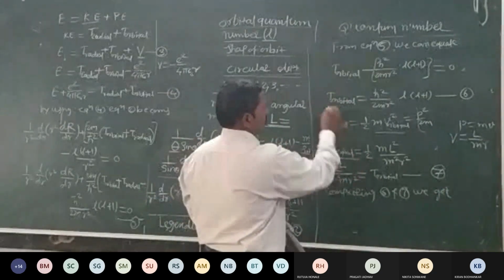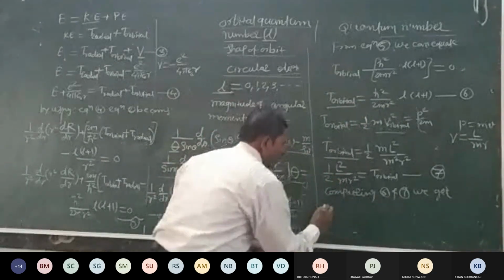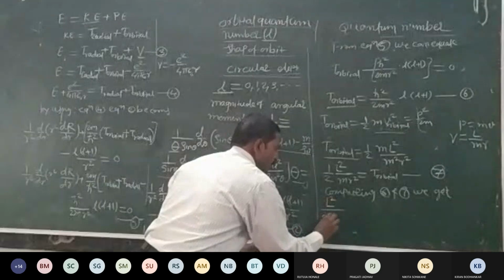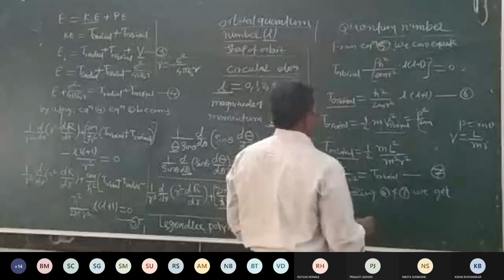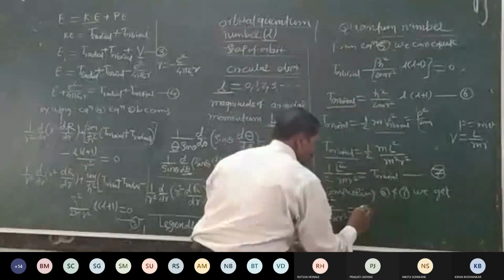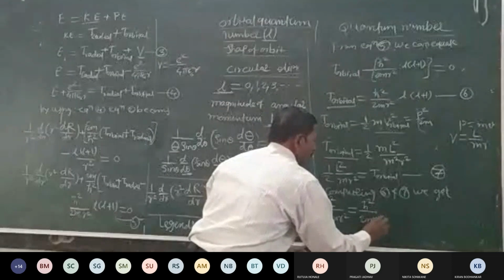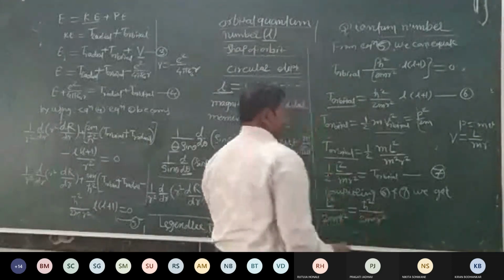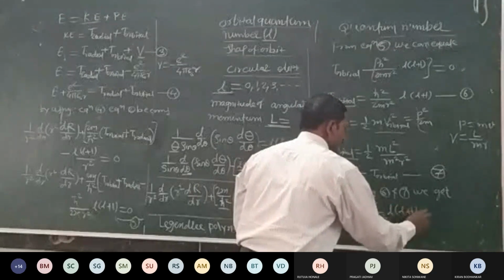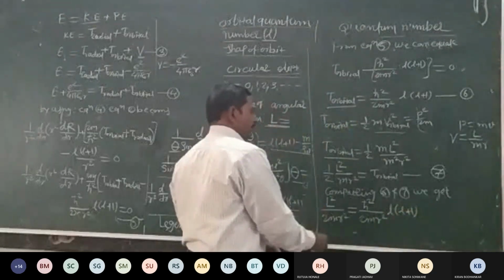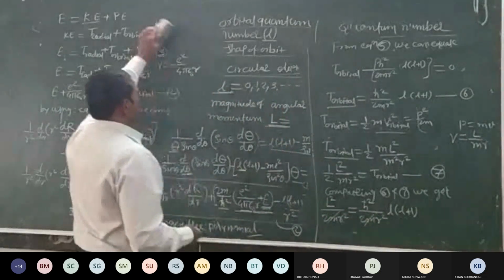T orbital is equal to L square upon 2mr square is equal to h cross square upon 2mr square into l into (l plus 1). On rearranging it, this 2mr square gets cancelled. So the remaining is